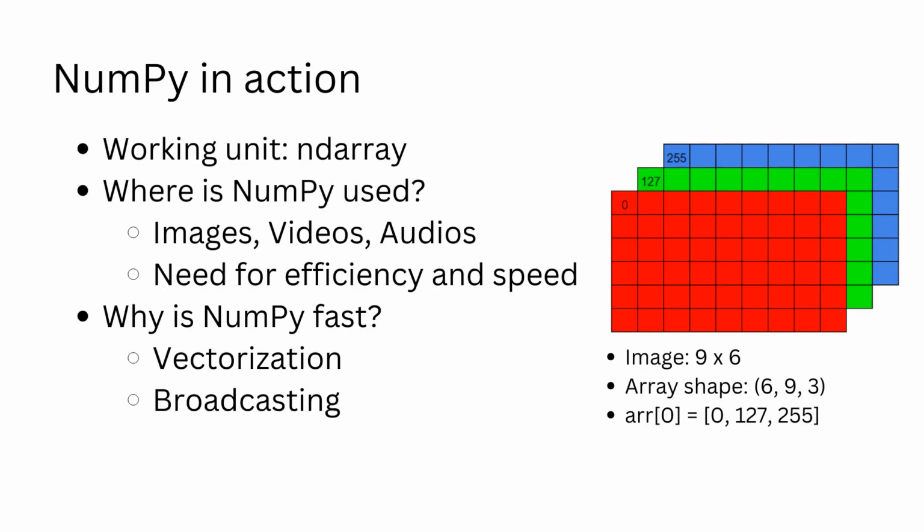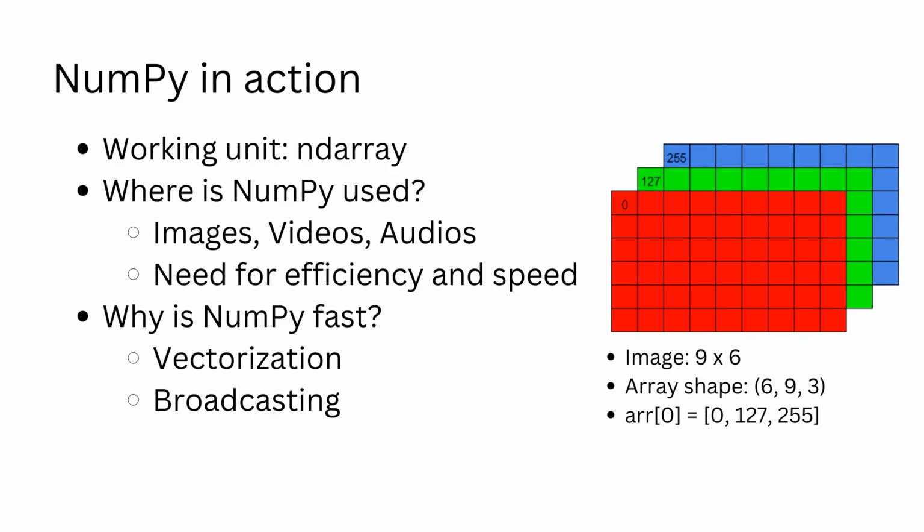Why is NumPy so popular? Images, videos, and audios can be represented as NumPy arrays. For example, let us take the very video you are watching. It is a 1920 by 1080 pixel video. It can be represented as a series of frames, where each frame is a NumPy array of 1080 by 1920 by 3 elements. 1080 is the height, 1920 is the width, and 3 denotes the color channels, red, green, and blue. Each element in this array has a value between 0 and 255.